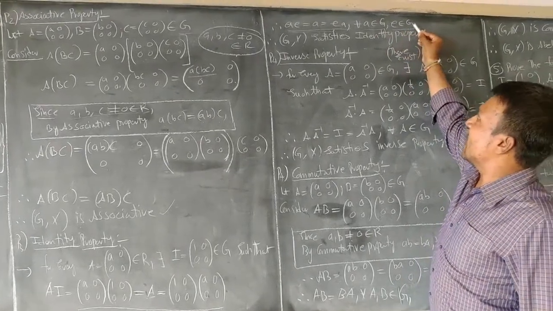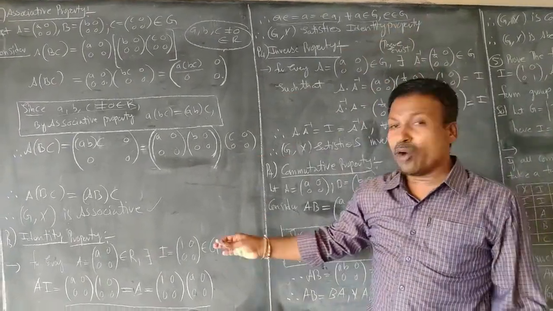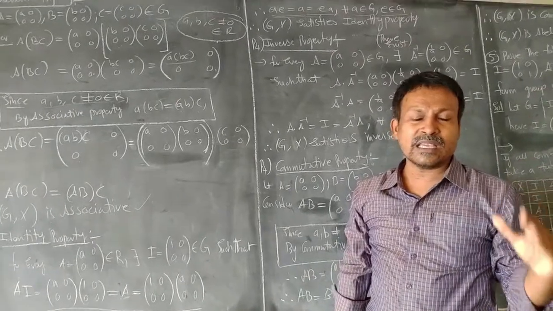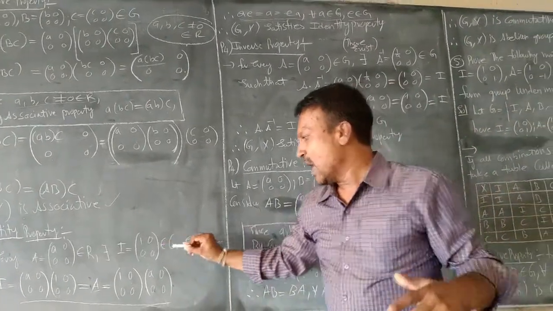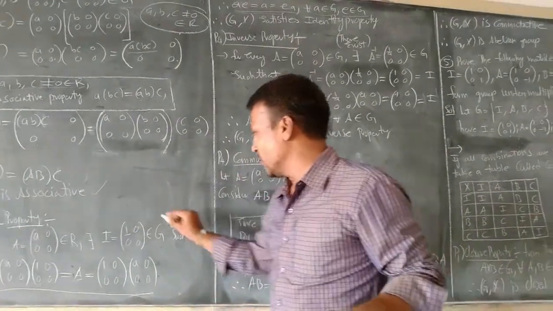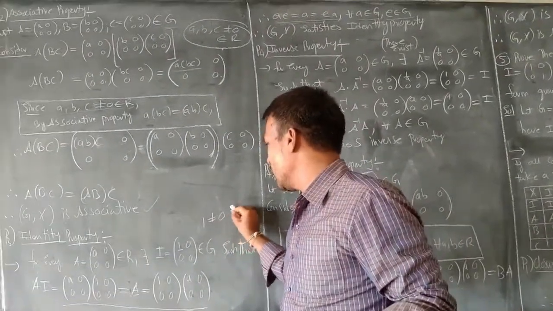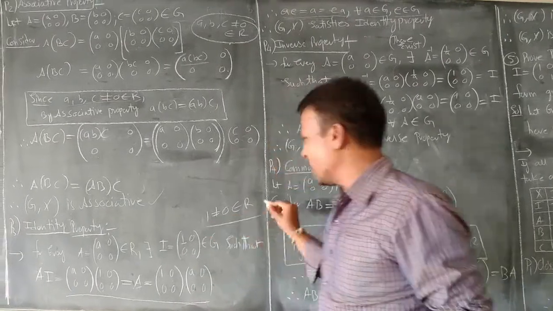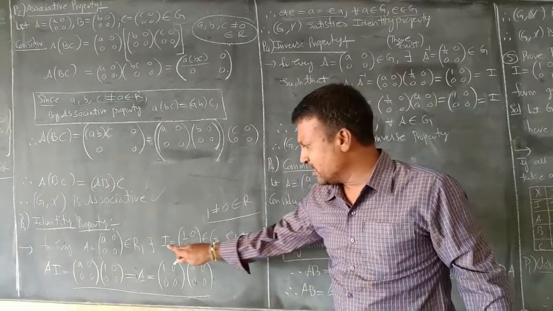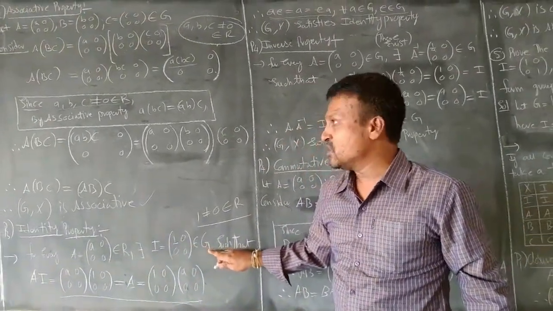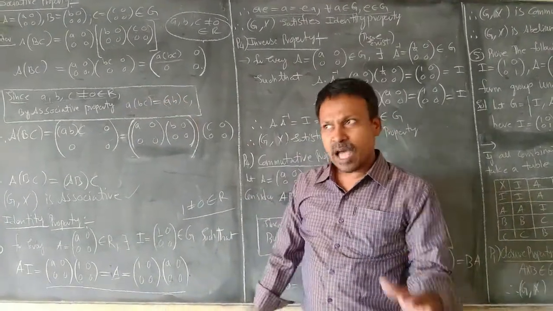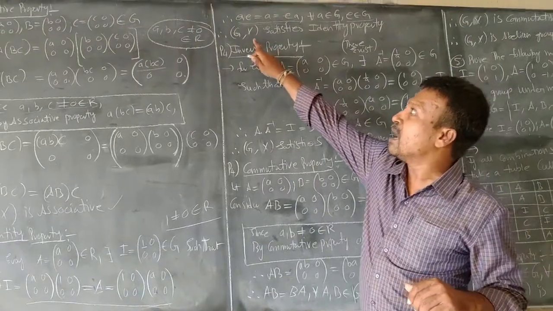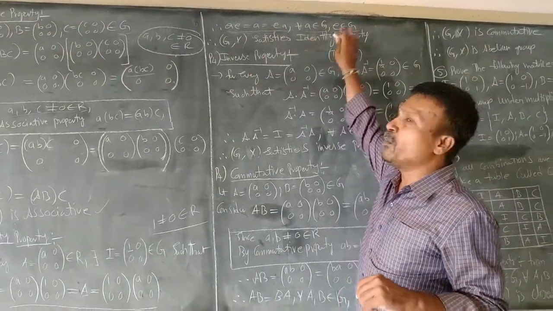Where E is the identity property. Therefore, we have found out which matrix is the identity matrix. The identity matrix is [1 0; 0 0], where 1 is not equal to 0, which belongs to the set of real numbers. Therefore, definitely this I will be present in the set G of matrices which is defined at the beginning stage. I conclude here that G comma into satisfies the identity property.